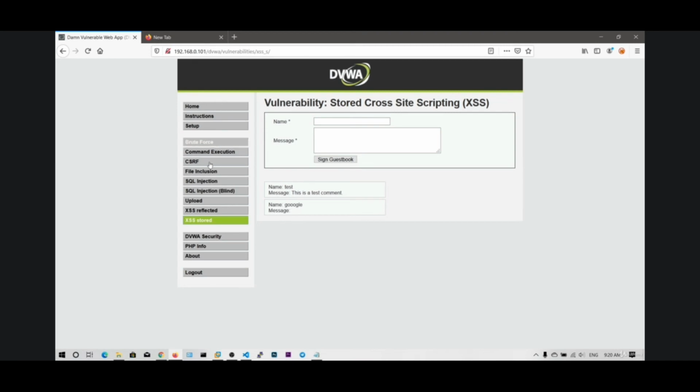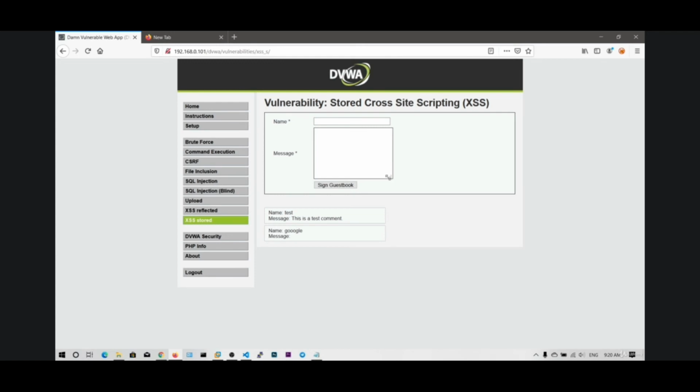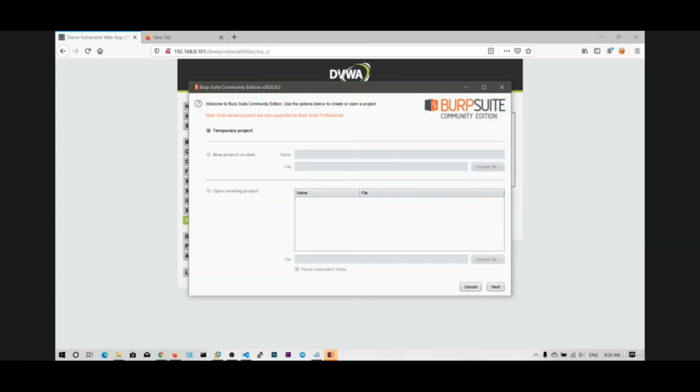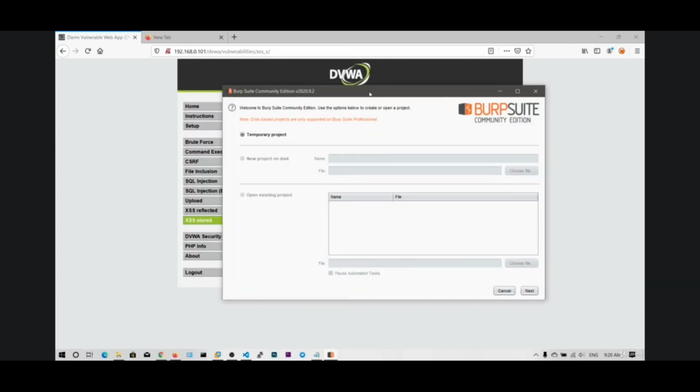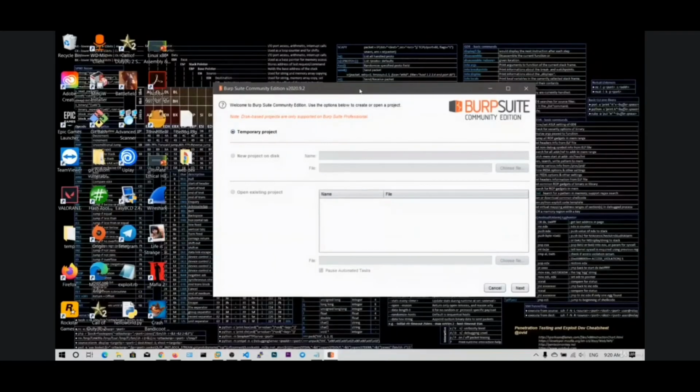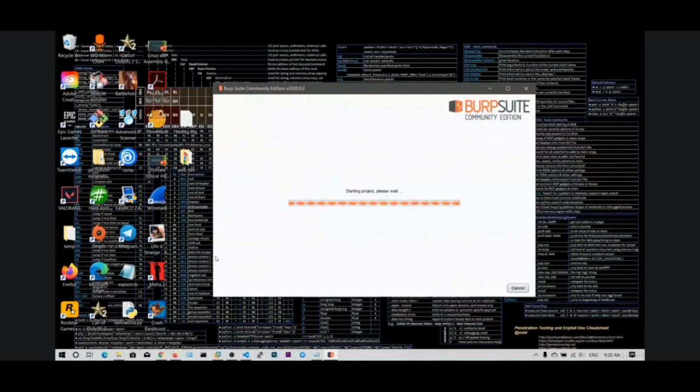So all these SQL injections, you can also intercept these requests in the Burp Suite, and you can edit there also. Like I told in the SQL injection, you can type 1 or 1 equals 1 in the Burp Suite also. But just for simplicity, I have shown you in the browser itself. But now this text box is not showing me input, or it's truncating. There may be some JavaScript limit over there. So let me click next, start Burp.